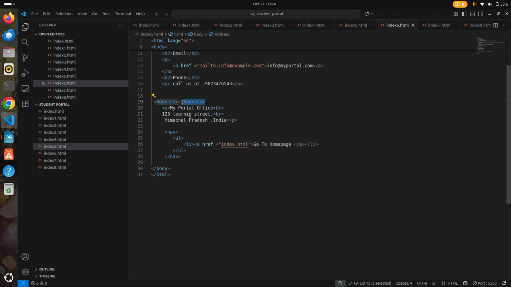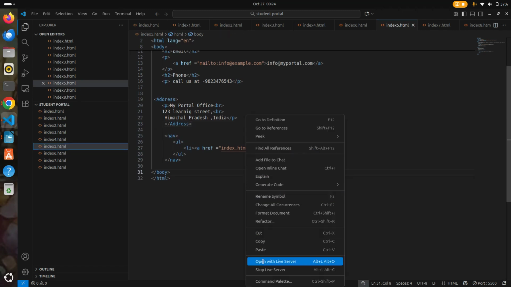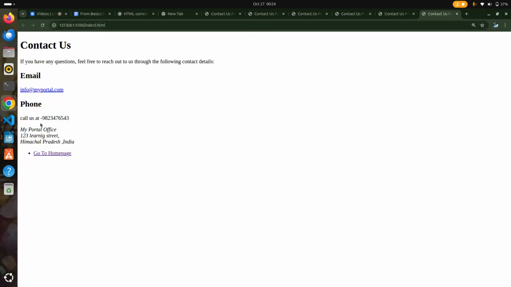Address. Let's see. So here when we use the address tag, the tag is meant for contact information of a person, organization, or author. It can wrap email, phone, and physical addresses. So it is coming like this in assistive technology that this is contact information, which improves accessibility and